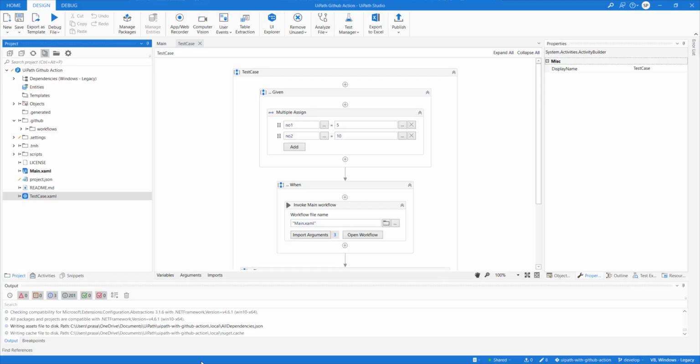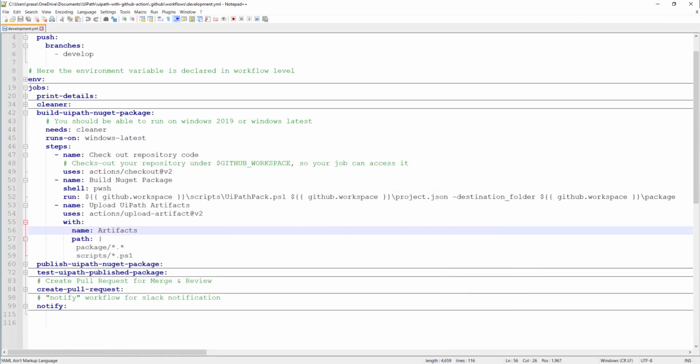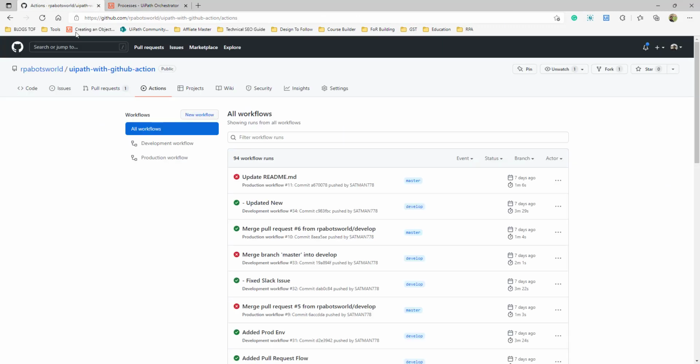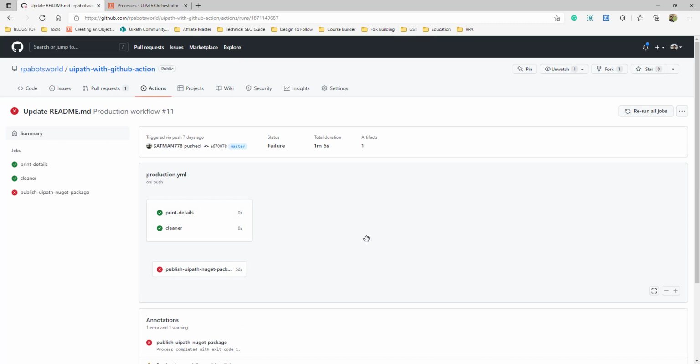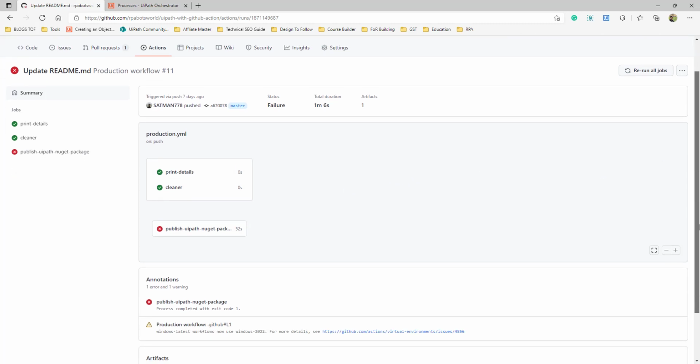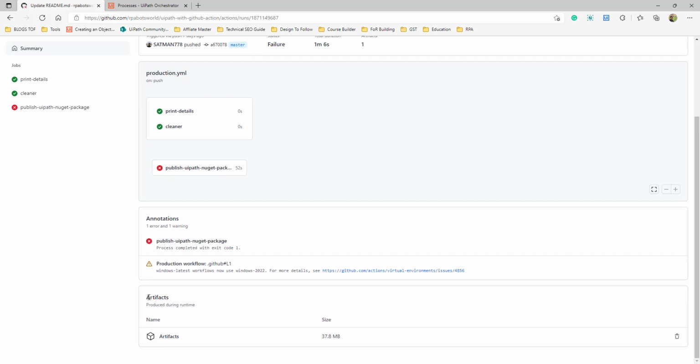And what is required by the next job, right? I have checked out code which contains everything from here, right? Now, for our next job, what things will we require? We will only require the scripts and the NuGet package file. The rest is not required once you have built a NuGet package, right? So GitHub provides you an option where you can upload your artifacts. If you click on the workflow, all the data that has to be used for your jobs will be uploaded here. So you can see the artifact uploaded here, right?